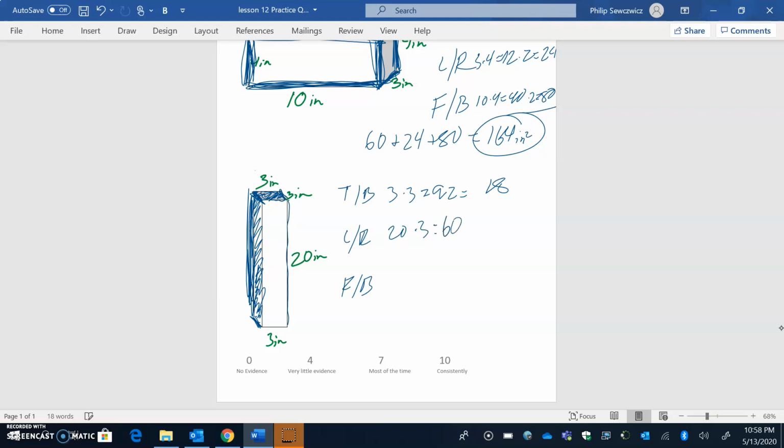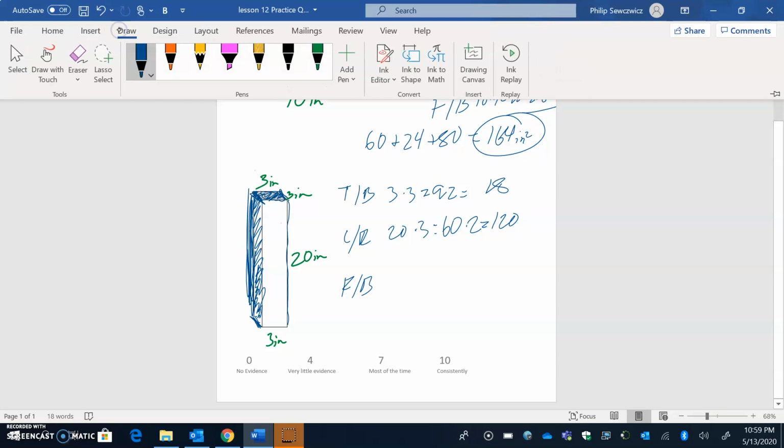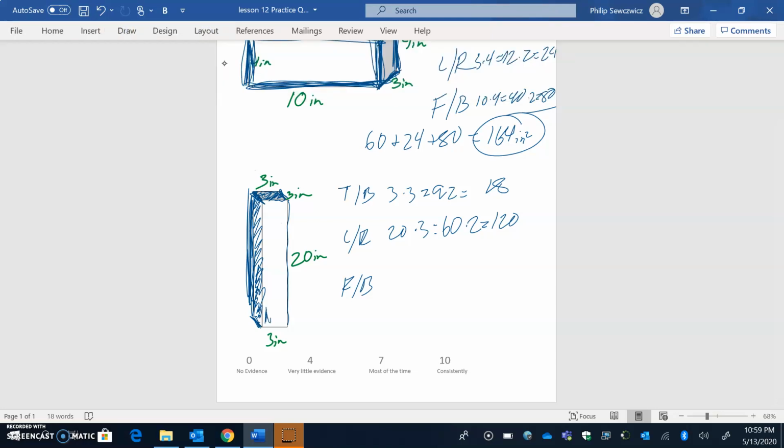So 20 times 3 is 60, times 2 of them, because there's the left and the right. Hello, 120. And then I got the front and the back. And I do see the front here. Might as well go to a different color here to stand out. All right, so as I kind of go through it,